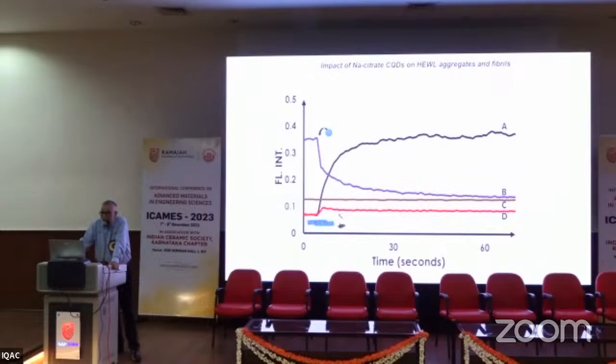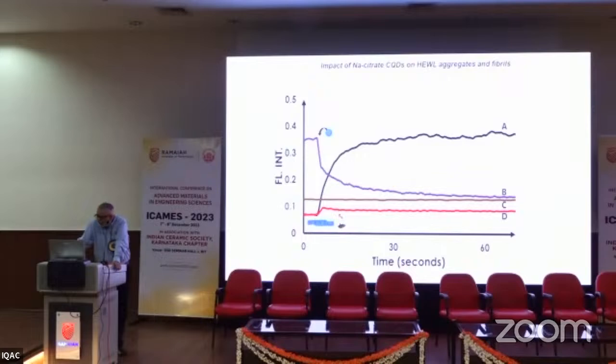So we have mature fibrils in a fluorimeter and we added THT to it. The black curve in A shows what happens when THT is added in a fluorimeter to a cuvette containing fibrils. You have an on rate, right? The THT is coming onto the fibrils and you have a nice increase in fluorescence. Now you follow A and then you come back to the purple line. What happens to those fibrils which are already present when we added the carbon quantum dots? You see a diminution, a decrease in the THT fluorescence, suggesting that the fibrils dissolve, right?